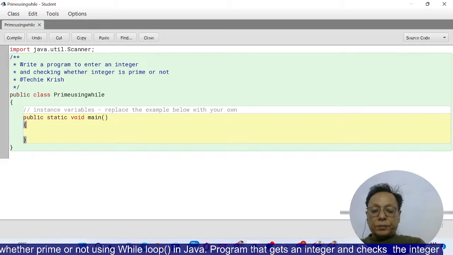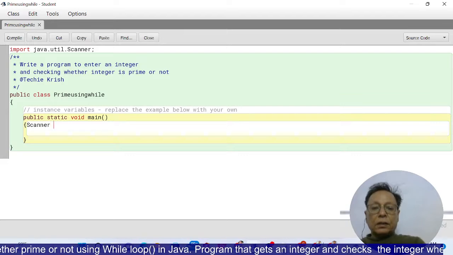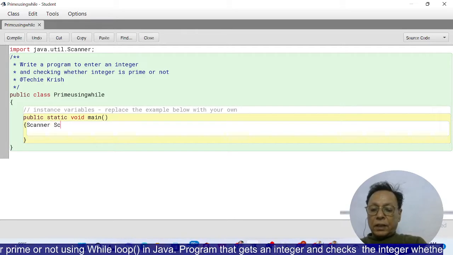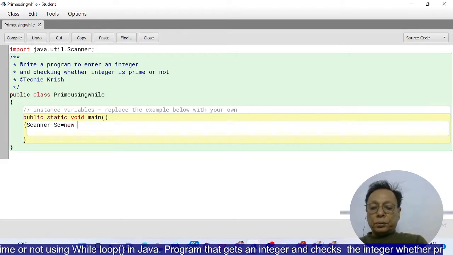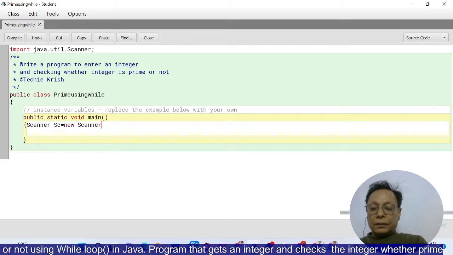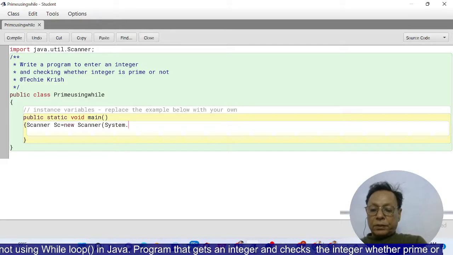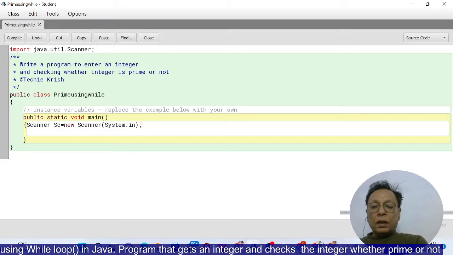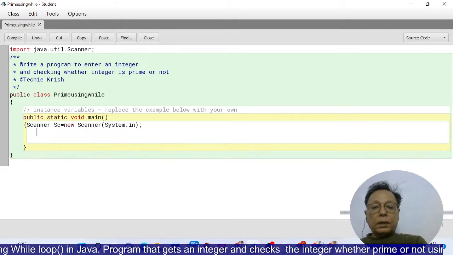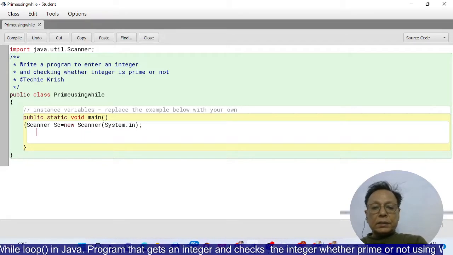Now creating the object of Scanner class: Scanner sc = new Scanner(System.in); semicolon, and my integer is say